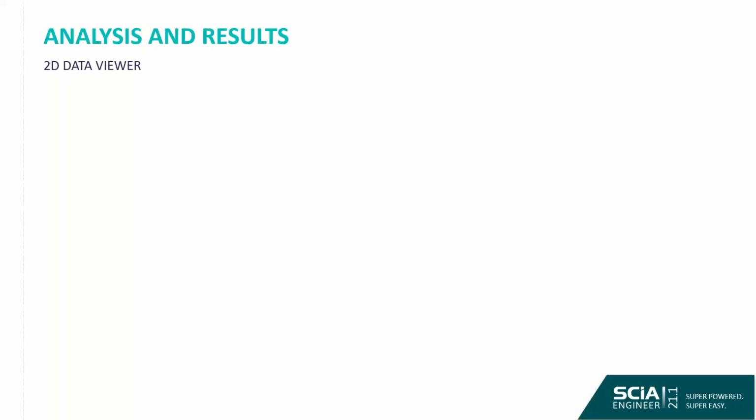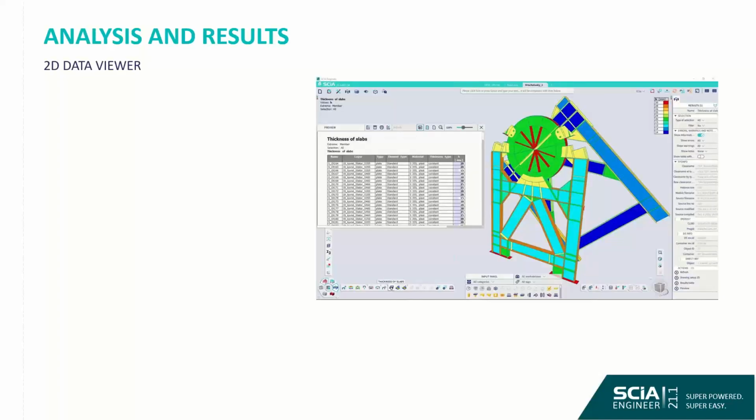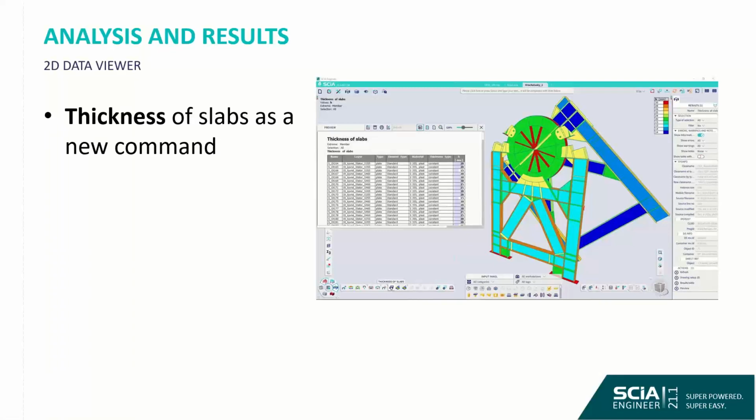Let's jump right in on the analysis and results. We have three topics that we would like to share with you today, and the first one is about 2D data. In version 21.1, in the 64-bit version, we have the possibility of clearly showing thicknesses of slabs. So it is something that can be used as a graphical or tabular export. You can use it together with the engineering report to get a really clear overview